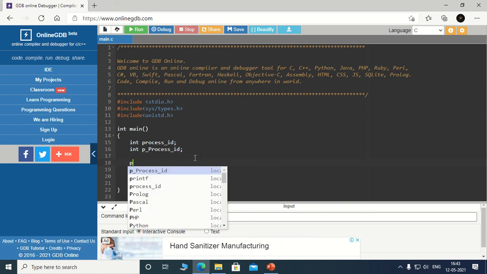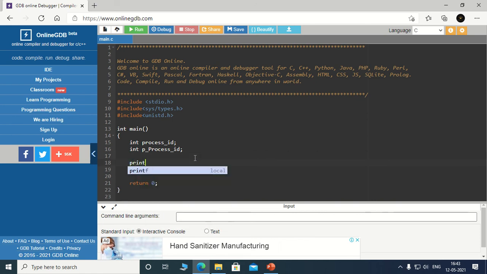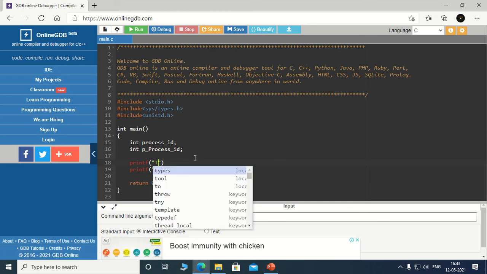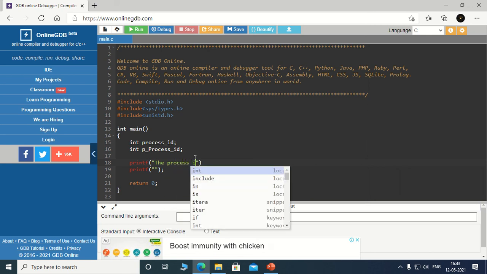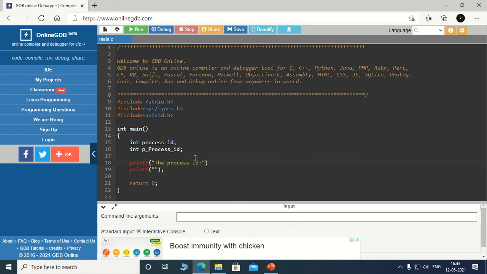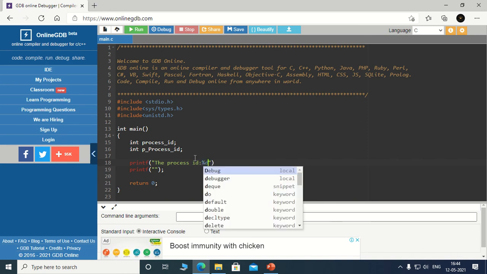Now a simple line of code that we need to write. The process ID, we have taken as an integer variable, so in case of format specifier I am using %d.